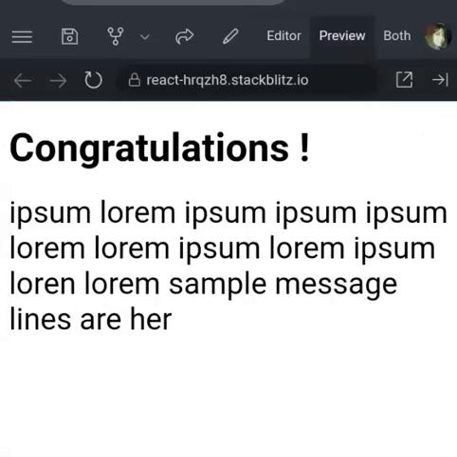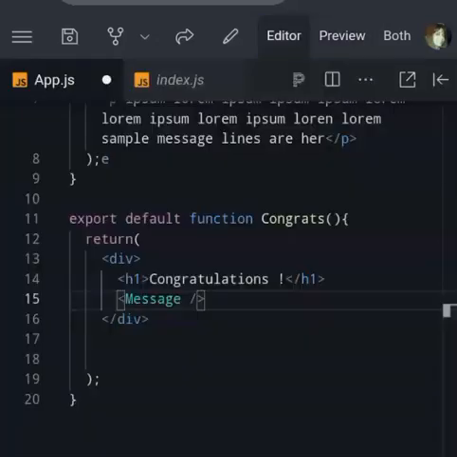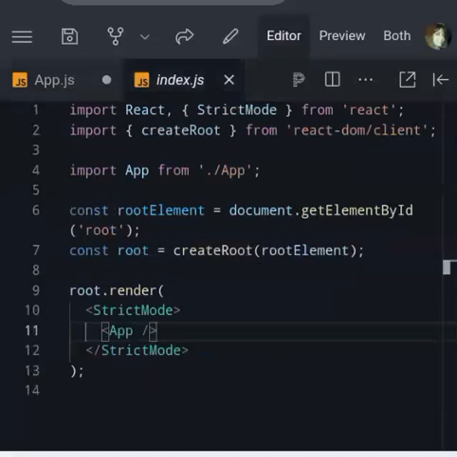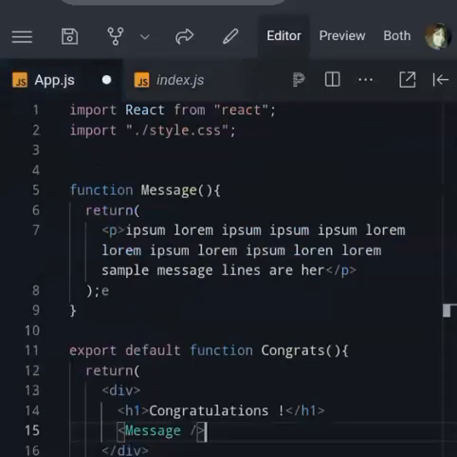There you go. So the congratulation heading and then the lorem ipsum passage that was there in the child has now come together in this app inside the parent. So this is how you nest the child component inside the parent component. So this was all about that, and I will be going deeper into details. So here I'm just showing the structure of index.js. Now the best part is I'm using StackBlitz's online editor, and all the import, export, etc. has been done there for you. But in case